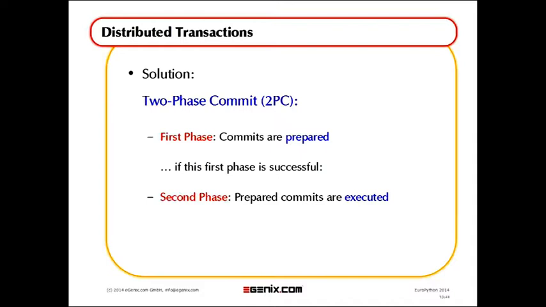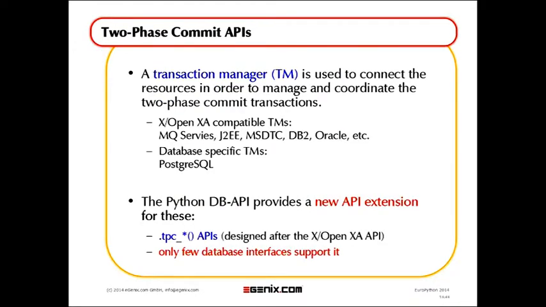Now there's a tiny probability that some database in that process may fail in that second phase, and then I can only say, I'm sorry, your data is corrupt. You have to work around that in some way, because there's no easy way of undoing the second phase. But most databases just handle this fine.